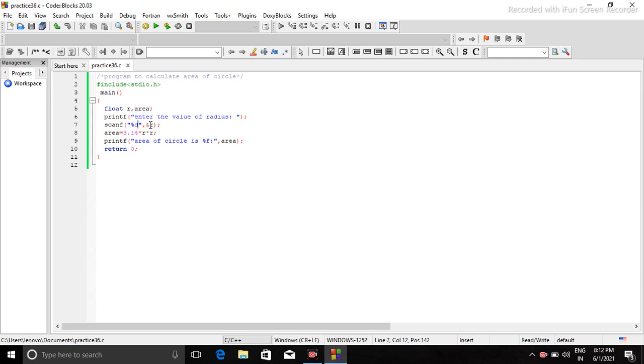So this thing should be clear in your mind, that whatever data type you specify at the start, you should use the format specifier accordingly. This is a very simple and basic program which includes an expression only and taking input from the user. By this statement you can see how we take the input, and by this statement you can see how we print the output on the screen.